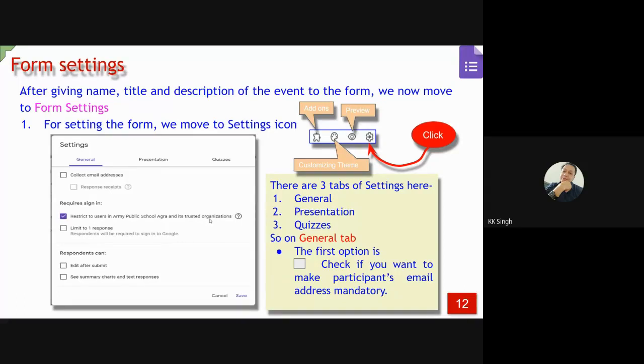You cannot see whether he or she is your student, the father, mother, friend, or the teacher of the student. Anybody outside the domain can use that form. But if you are using G Suite, only your school domain students can participate here.